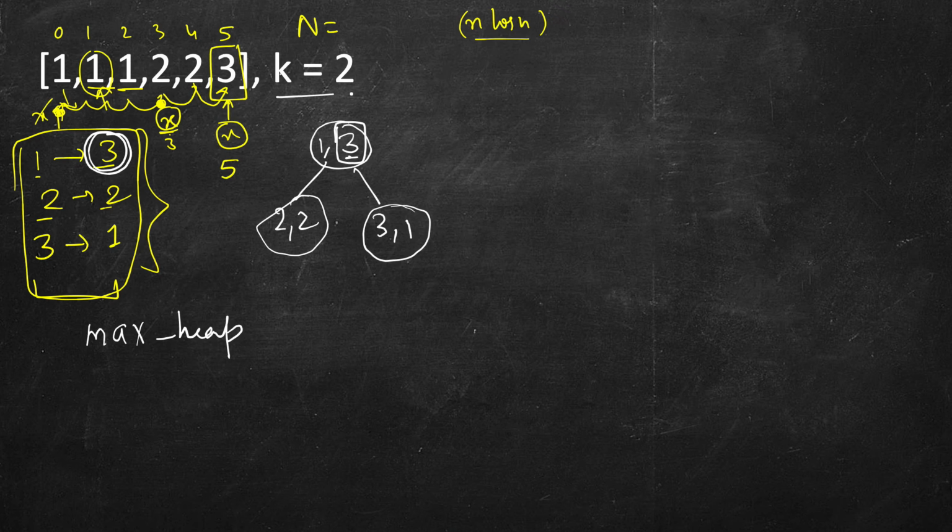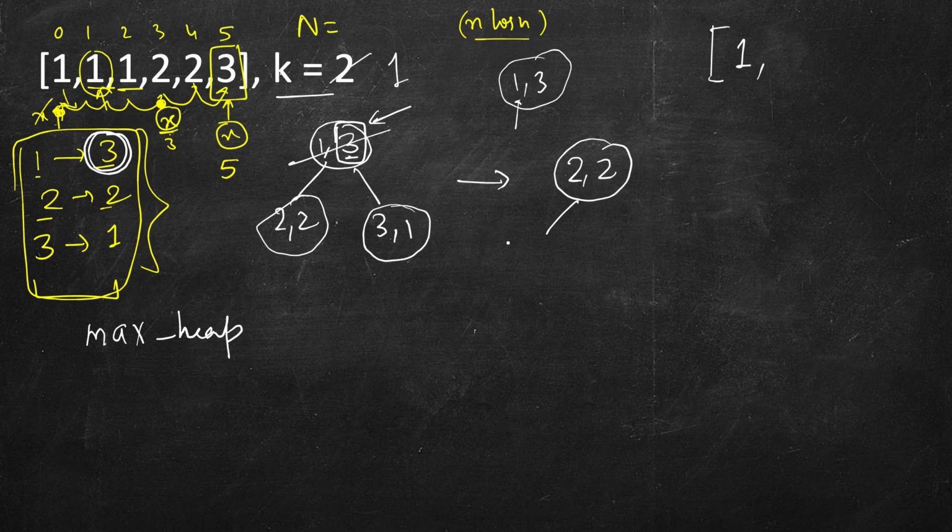So what we will do, k is 2. So we pop from the top. So we get 1, 3. So first element is the actual key and second is the count. So we add this key into our result, and we decrement k to 1. So one more required. So when we pop this, one of these will be promoted here, whichever is larger. So now after one pop, this heap will become 2, 2 and 3, 1. Again we will call top and then pop. So again the key is 2. So we put 2 here. And now k becomes 0. So we stop and we return this value.